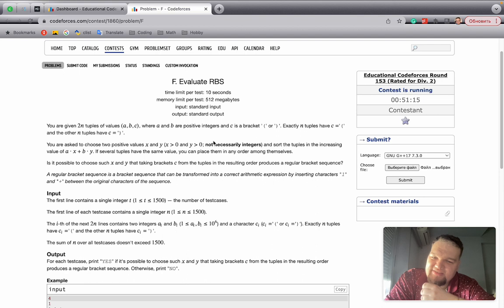And also for the given direction, equal points can be in any order. So I want to first put opening brackets and closing brackets, but still think that if I